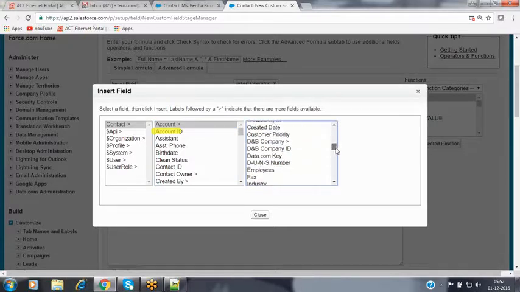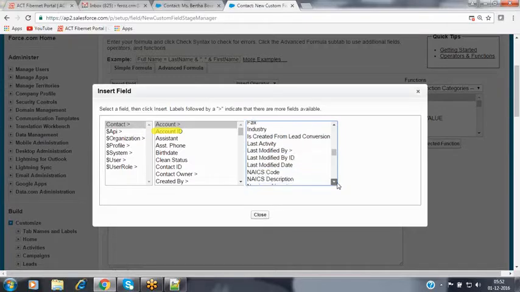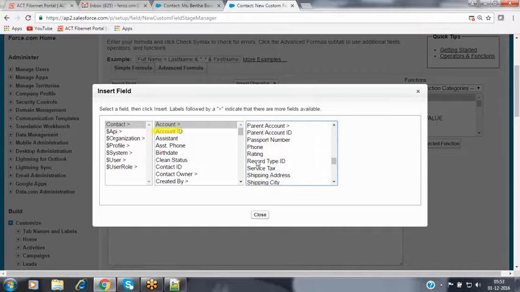Now, in that account object, we are having so many fields available here. Which field information you want to display? So now I want to show the rating field of this account. So now let's select that field as rating. Now it is giving that formula field API name, that is account dot rating. Nothing but whenever you are referencing the parent object fields, it is going to be referencing the parent object name dot the field name, that is rating.